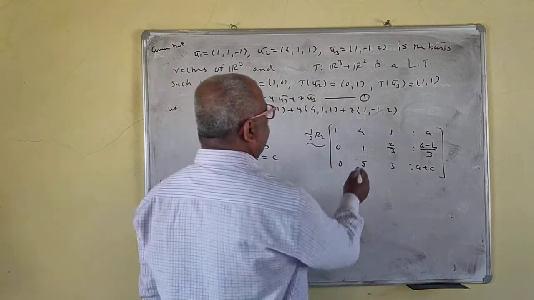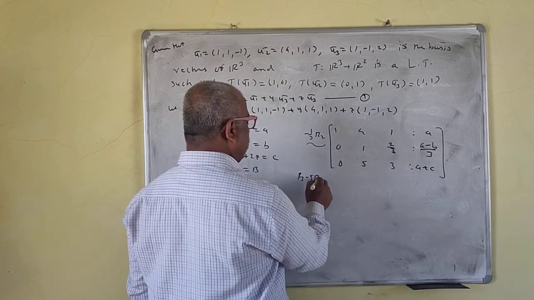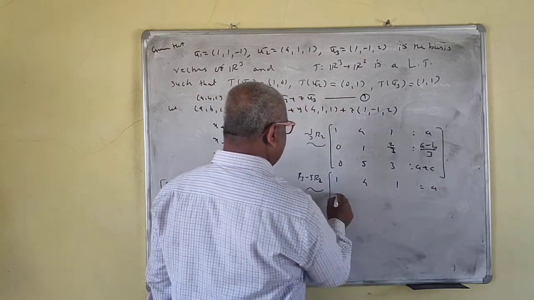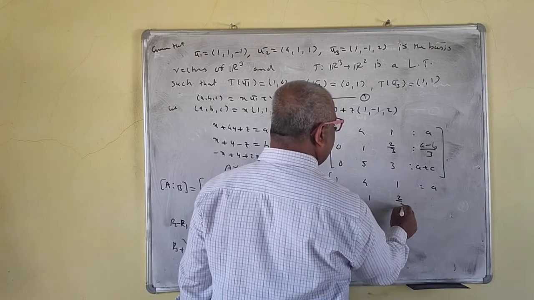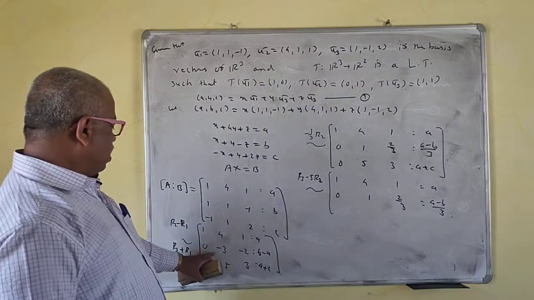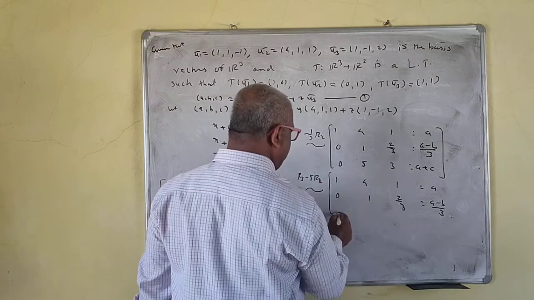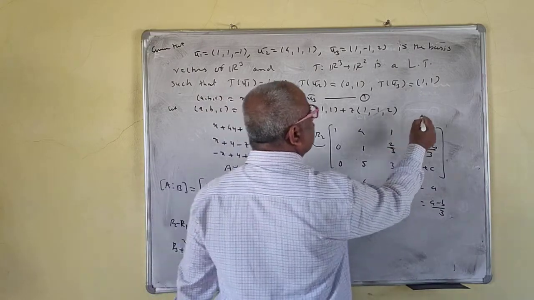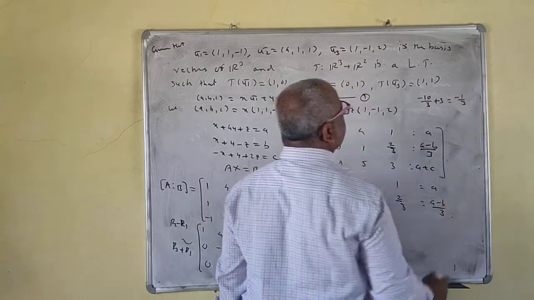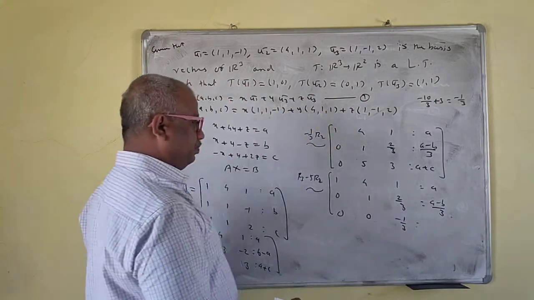Now this is your 1, and you have to make this 0. So this is R3 minus 5 R2. We write this as it is. Each and every entry is very important along with the sign. We have a minus b upon 3, and now you have to multiply by minus 5. So minus 10 by 3 plus 3, which is 9, gives minus 1 by 3.